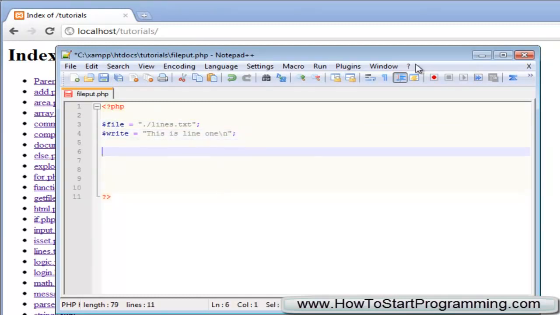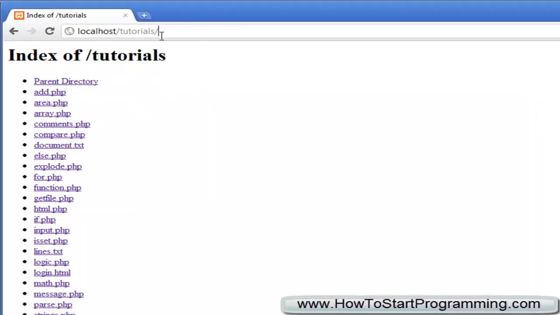Okay, and the way to use the file put contents function is similar to the file get contents function. You simply have to type file_put_contents, and then in the brackets we need to have 2 mandatory parameters: number 1, the file that we want to write to, which we have stored here, and number 2, the contents which you want to write to the file, which is here in this write variable. So all we do is type the first, which is file, and then a comma, and then write, and then we'll just save this. And if we go and visit file put.php,